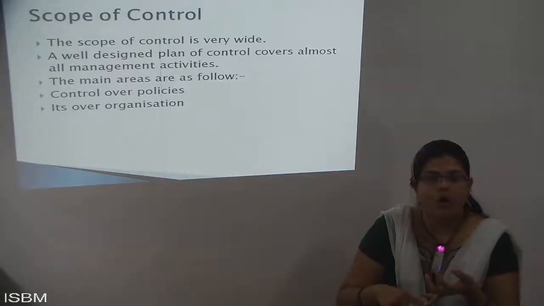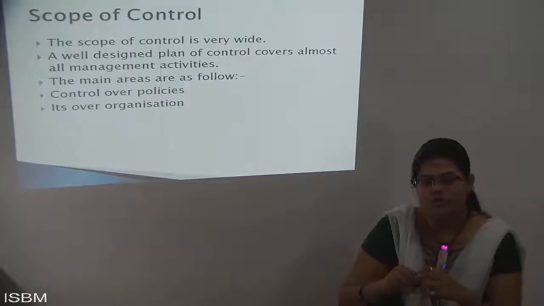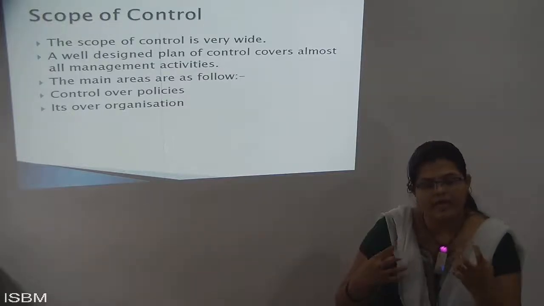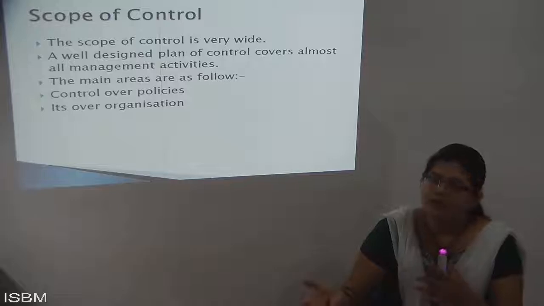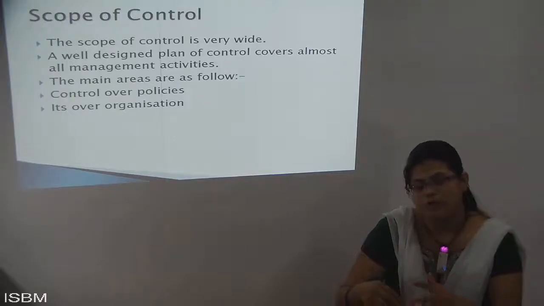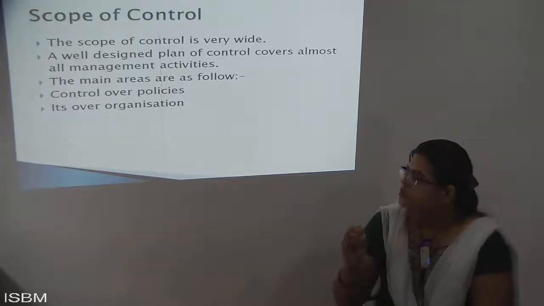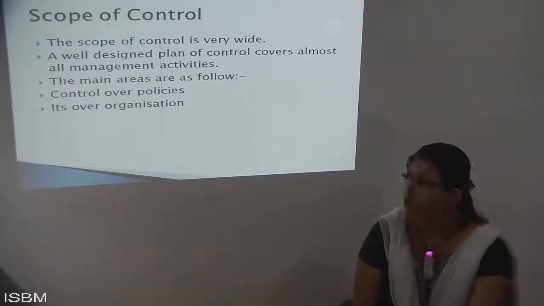So my first thing is policies. Next, it is control over the organization. Means as if I'm running any kind of control, it should be related to the organization. If I'm given any task to do relating to my organization, I need to do it in favor of my organization only, not any other organization and not anyone else, where I am performing that task on behalf of my organization. So that is the first, a policy. You need to follow one type of policies. Next, it should be related to the organization.